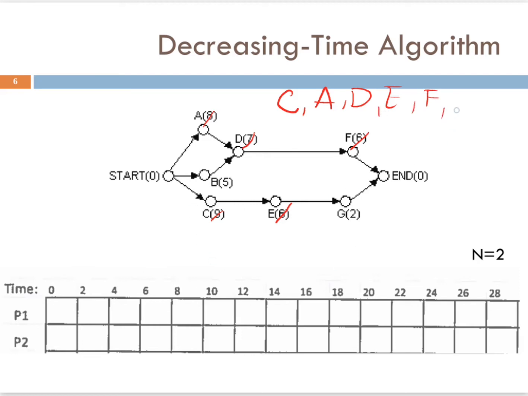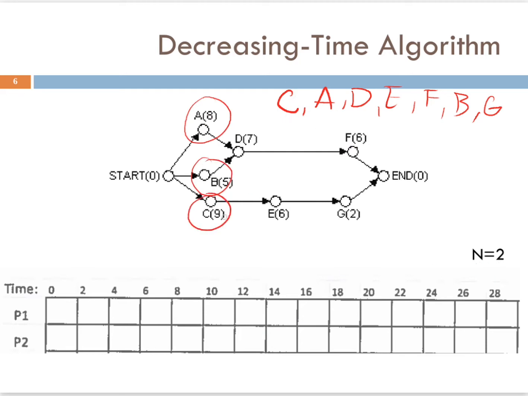Then we have a 5, which is B. And then we have finally G, which is 2. So now we've got our decreasing time priority list finished, and we're going to start working on the actual algorithm. So our step is going to be circle the ones that are eligible, and with two processors, the first processor